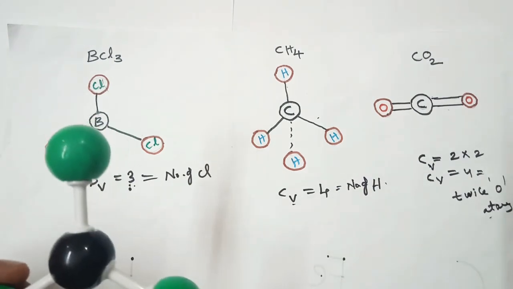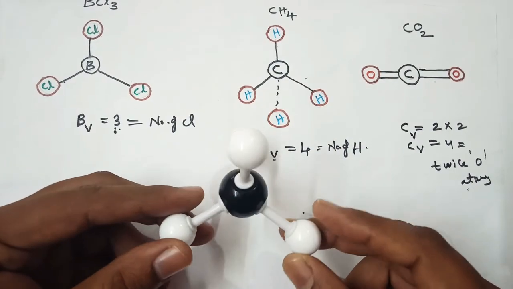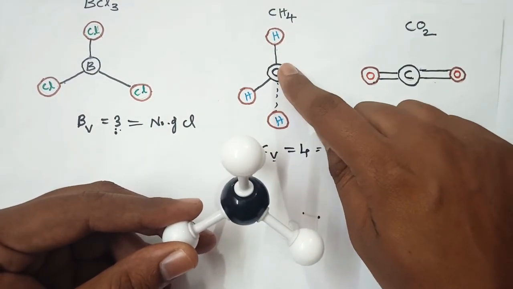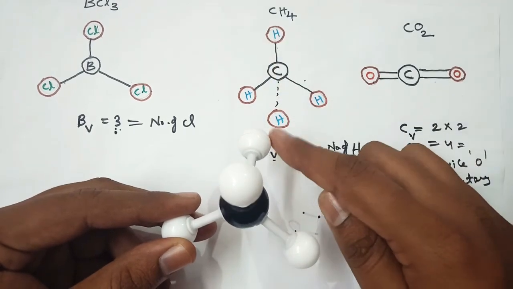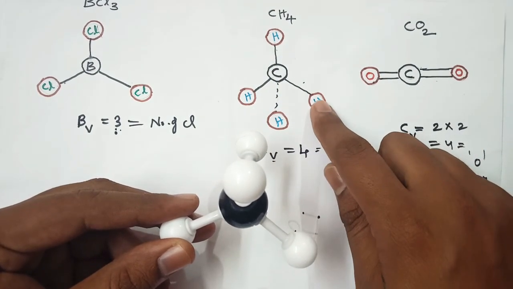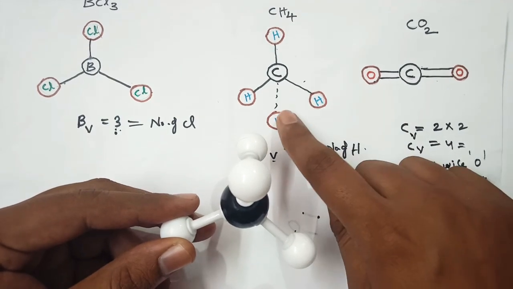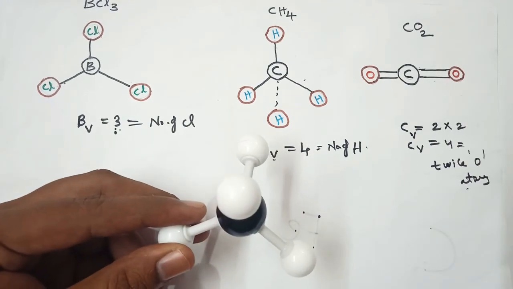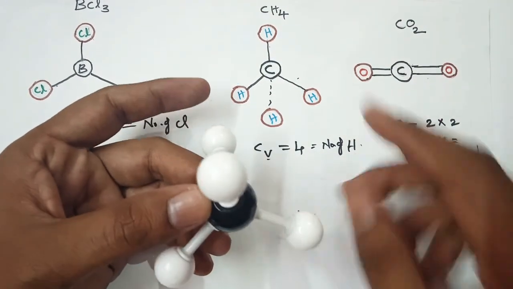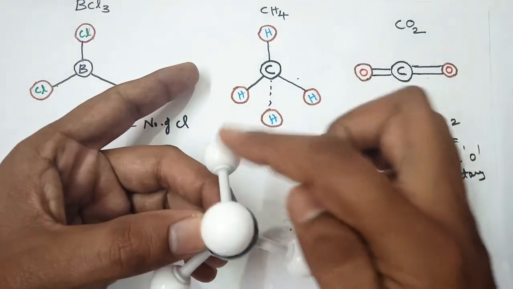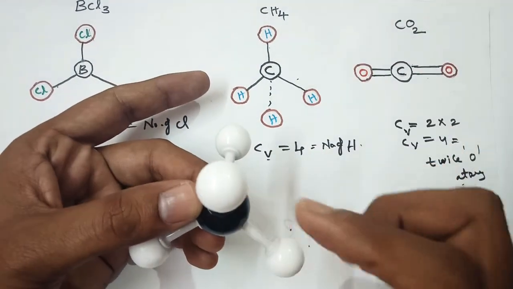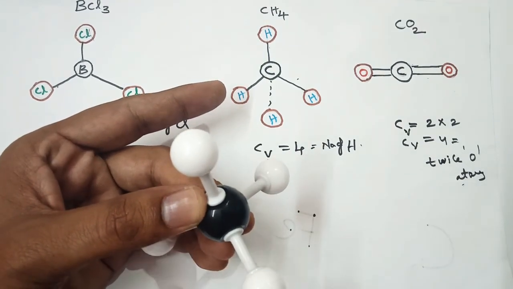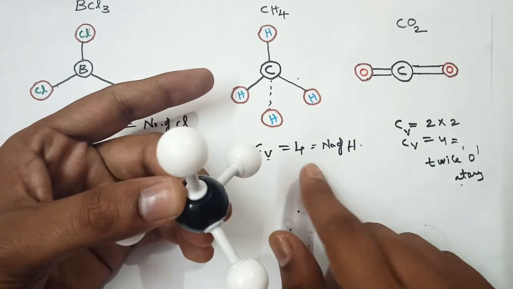Next, similarly, if you look at the CH4 molecule, this black atom represents the carbon atom, and this hydrogen atom, this one, and this hydrogen atom is this one, and this hydrogen atom is this one, and so totally how many hydrogen atoms are there? 1 2 3 4, and the middle one is carbon, as it can form 4 bonds with 4 hydrogen atoms. So the carbon valency is 4. Okay.